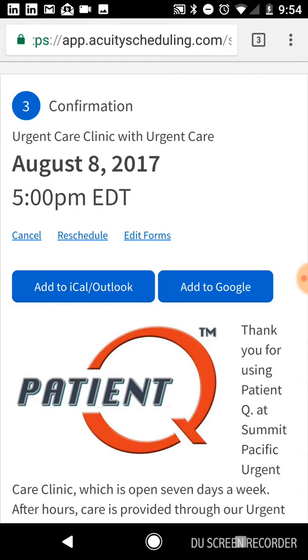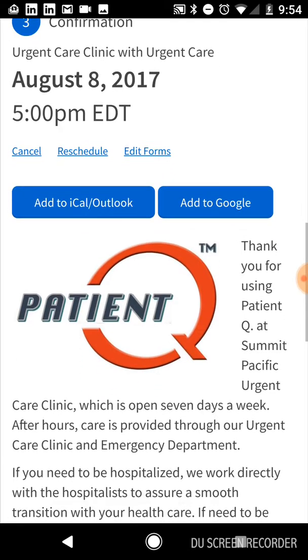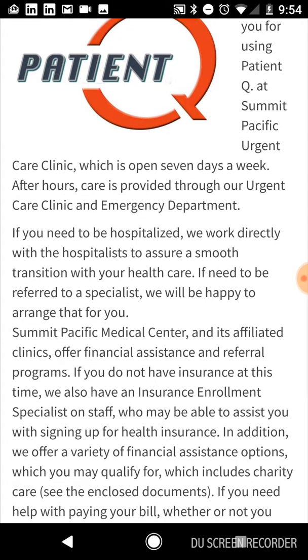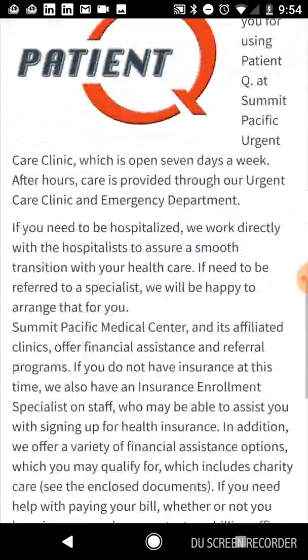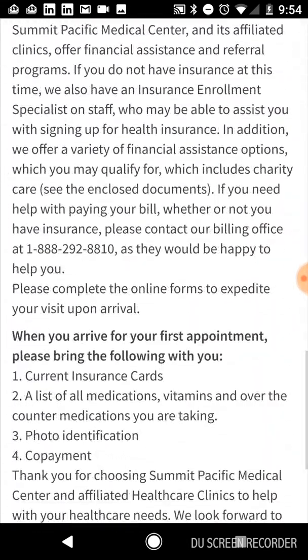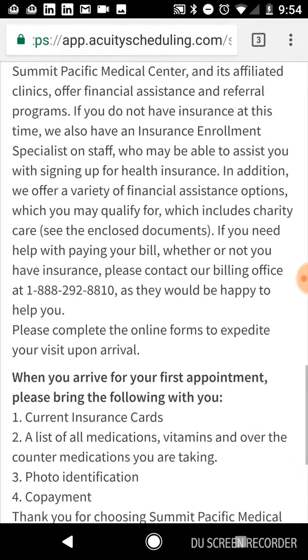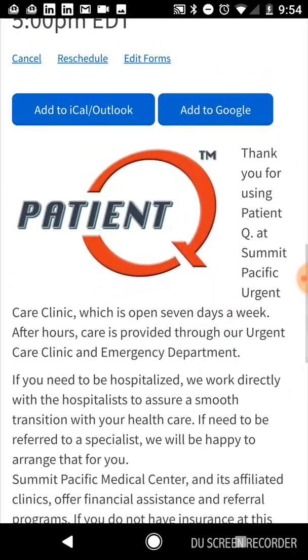When they complete the appointment, they're going to get this confirmation. And this is sort of filler that I have here. And it just basically is telling them what they should bring when they do show up. That's important. And then they can add it to their